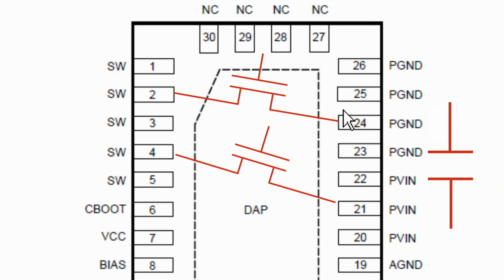So right here is our loop that we're trying to bypass with that capacitor. That's the layout that you want to make sure is very tight, very close. And on the EVM, those capacitors are well placed so that you can get a nice tight layout.